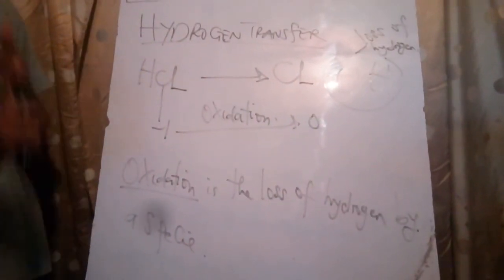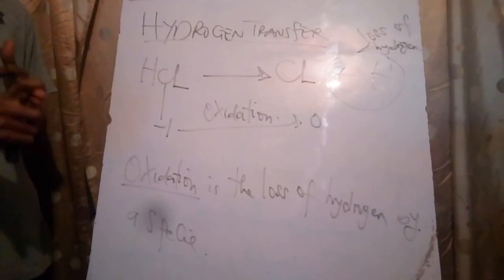Loss of hydrogen from a species or by a species. The loss of hydrogen by a species. Okay? These are the meanings of oxidation and reduction we have derived from oxygen transfer, hydrogen transfer, and electron transfer. Don't forget,